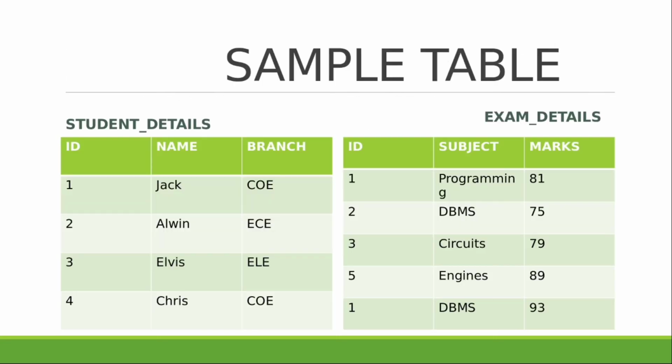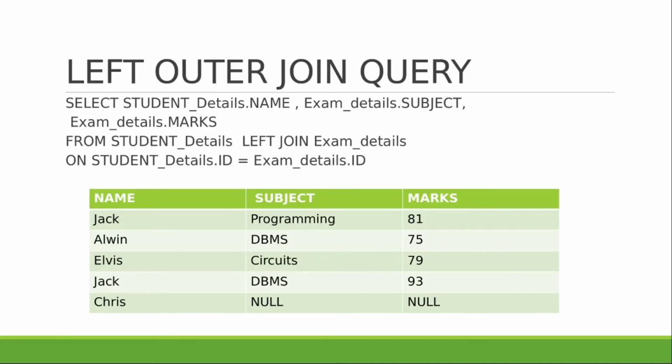Now again I go back to my sample table. Here the same intersection part will be printed, that is 1, 2, 3. But here the record of Chris, that is the fourth record, ID4, will also be printed because it is present only in left but not in right. If I look at the sample output, the first four rows are the same as the one in the inner join, because that specifies the intersection between the two tables. The fifth one is an addition whenever we write the left join, that is of ID4.